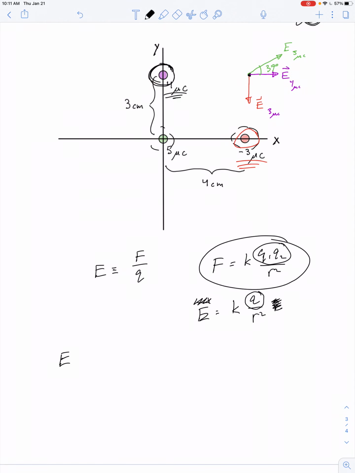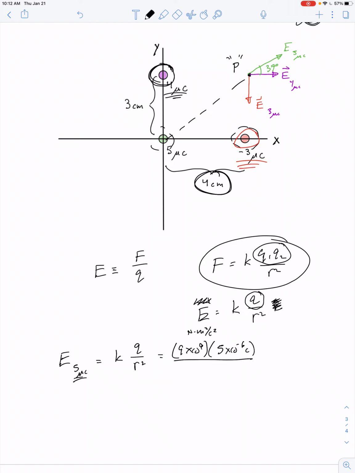So the electric field due to the 5 microcoulomb charge at the point P, which is a distance of 4 centimeters away, is equal to K times the charge of the 5 microcoulomb charge. The distance from the 5 microcoulomb charge to the point in question is 5 centimeters. So KQ over R squared: 9 times 10 to the 9th newton meter squared per coulomb squared times 5 times 10 to the negative 6 coulombs divided by 0.05 meters quantity